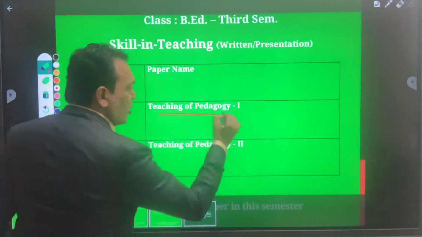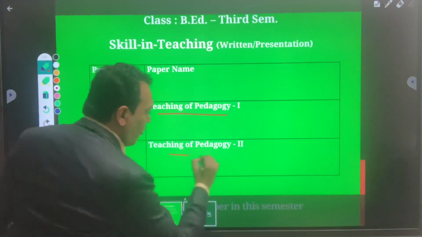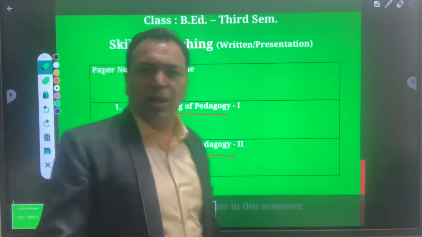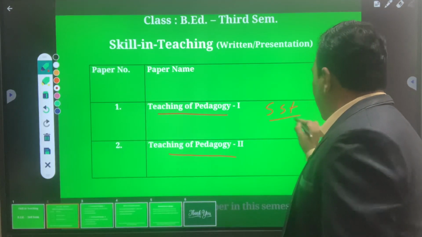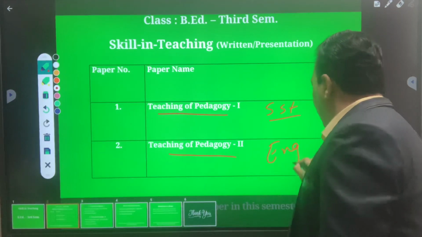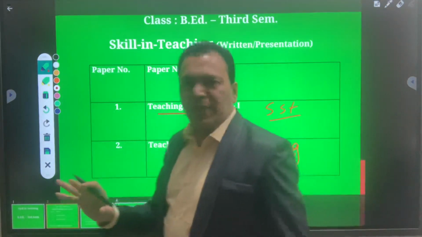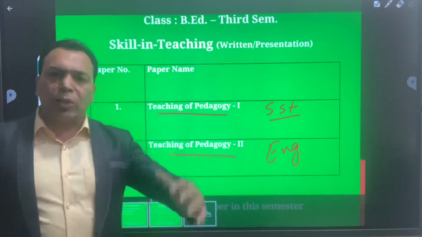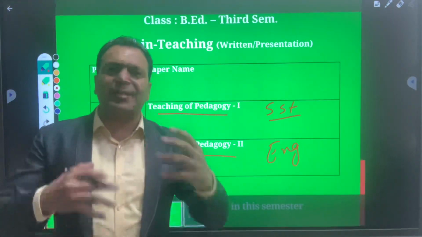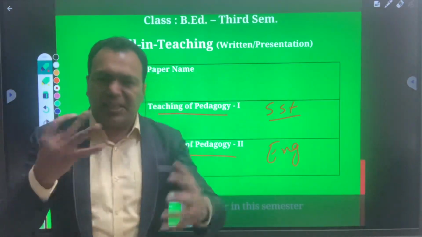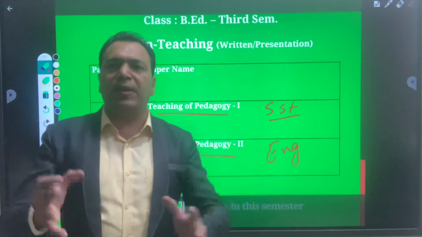One is teaching of pedagogy 1, one is teaching of pedagogy 2. For example, one is teaching of SST and the other is teaching of English, right guys? So these two copies you have to prepare, and what you have to do in these copies you have already done. I'm just taking one more revision lecture so that all of you should be aware,